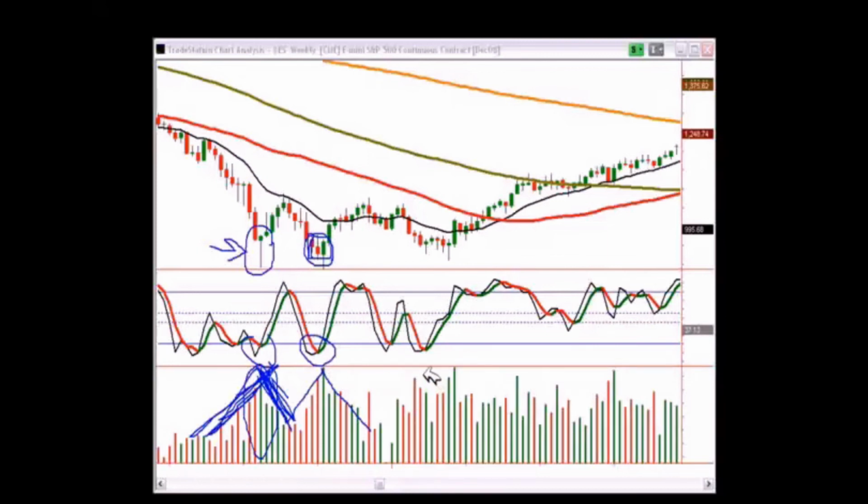So look for these volume spikes. You know, they happen all over the place. Even right there. We'll look at